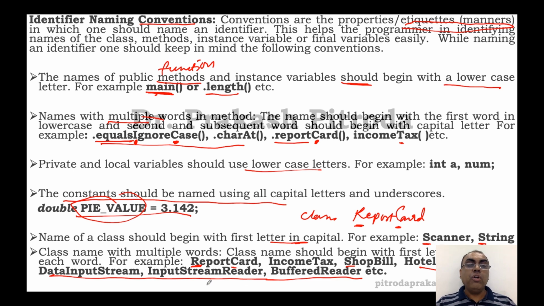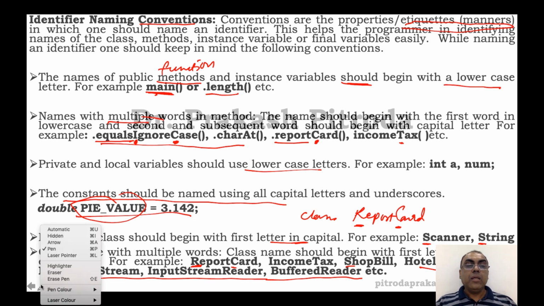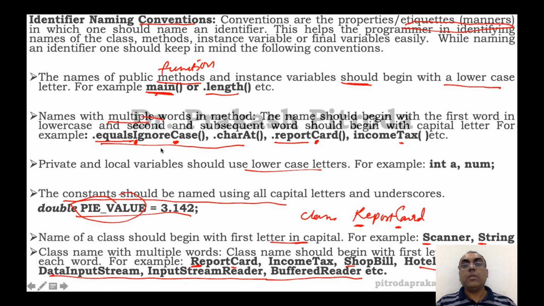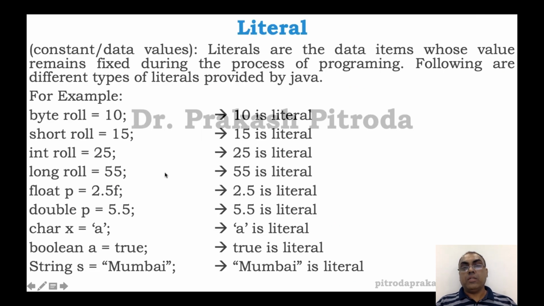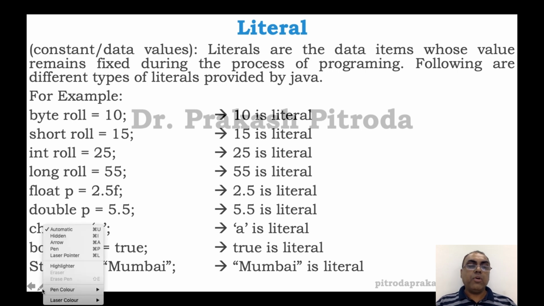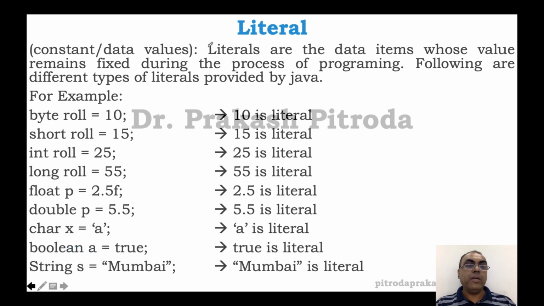So I'm sure you all will pay attention while writing your program. The rules are a must. You don't follow them, you will get an error message. Conventions are etiquettes and manners. Then you have the third one. So in a program, if you look at this program, or not program, the statement, if I take the first statement or many commonly known statements here, then this is your literal part.